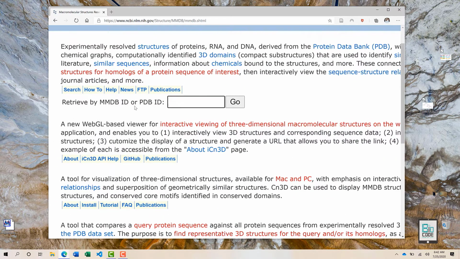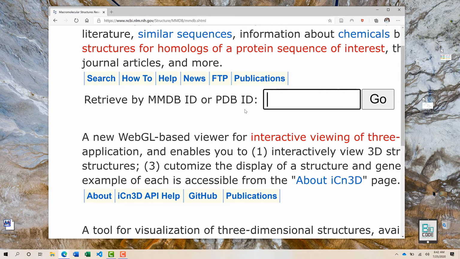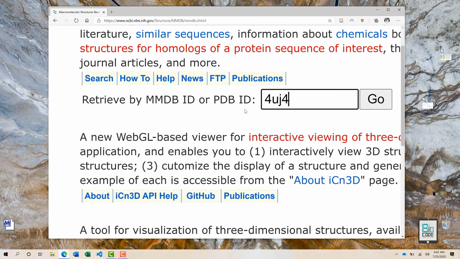Just like other datasets within NCBI, MMDB and PDB also have accession IDs to retrieve or identify a particular protein. The same goes for over here. I'm just going to put in some random 4-digit number, and let's see if it comes up with a protein structure.